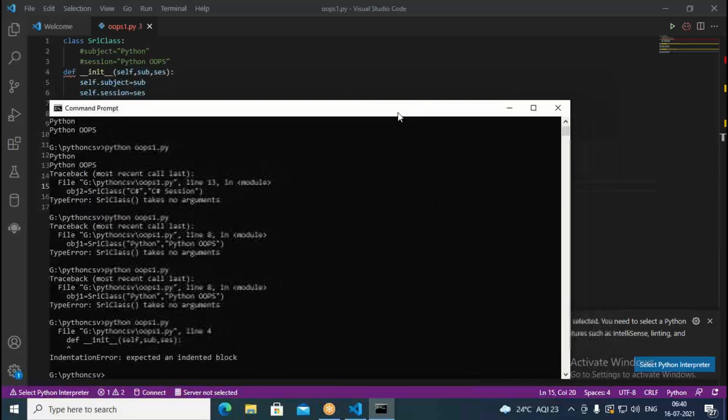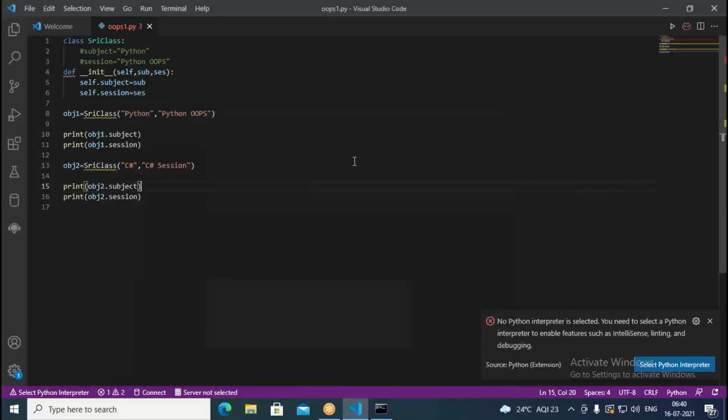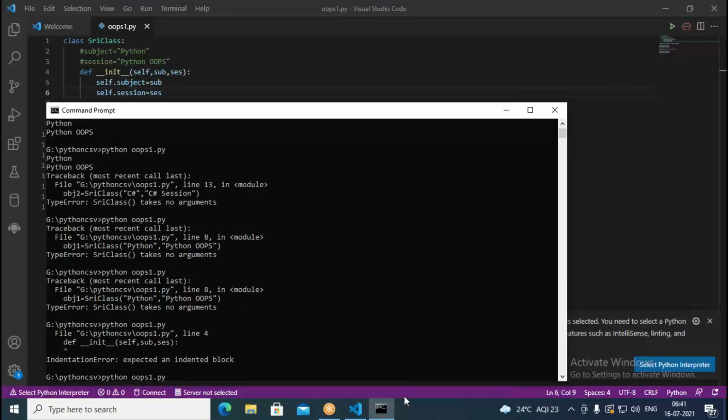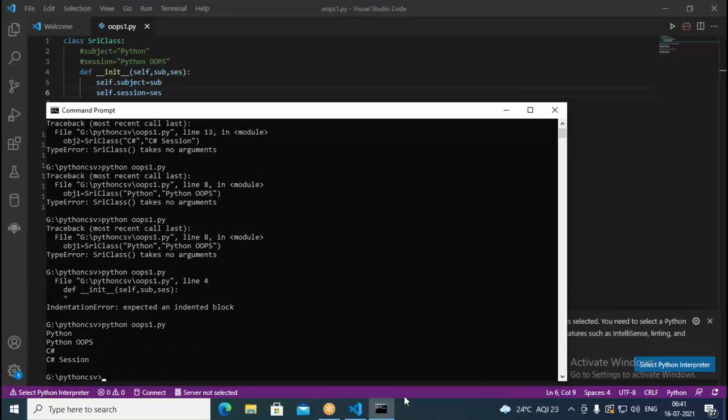So indentation block it is expecting. It has to move towards right side inside the class. Okay. Now when I run here, it says Python oops, C# session.